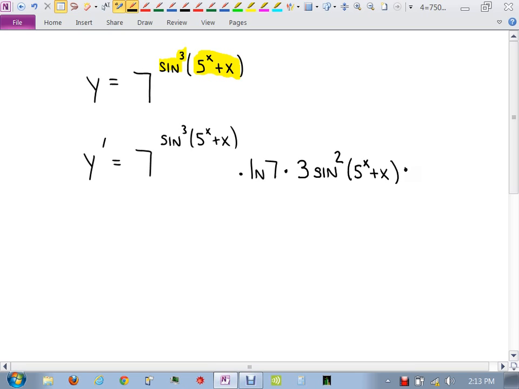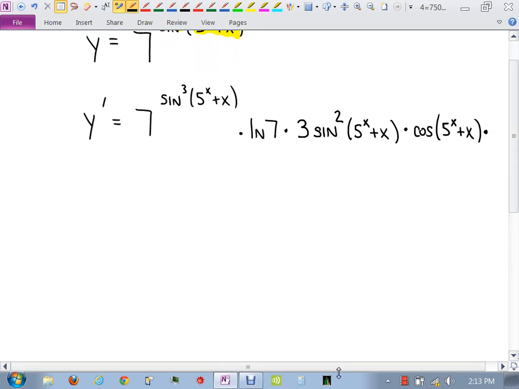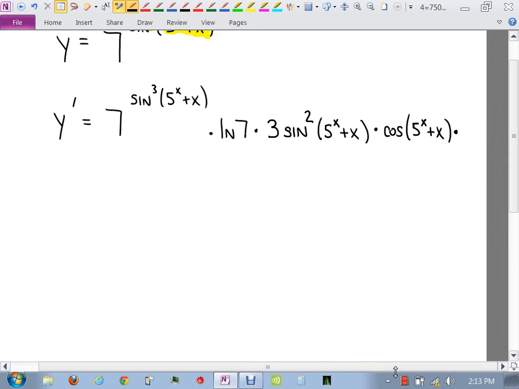We did the cubed, we haven't done the sine yet. What's the derivative of sine of something? Cosine of it. Still chaining along here, times, finally, oops, I'm running out of room here. Times, now we're done with the sine, so inside, what's the derivative of